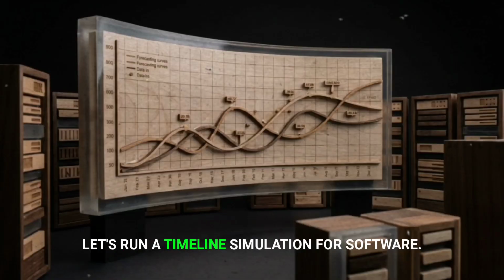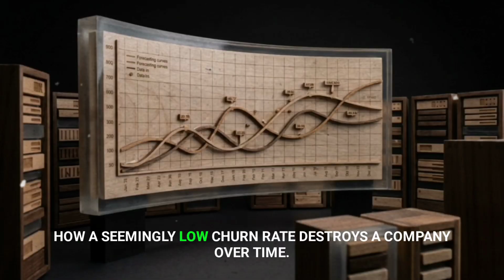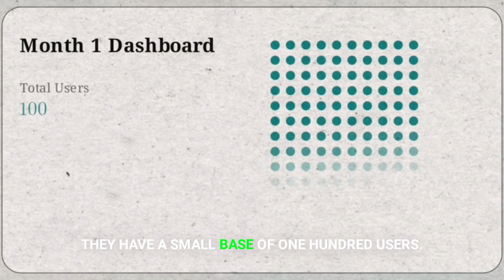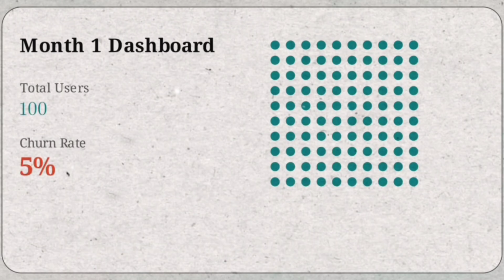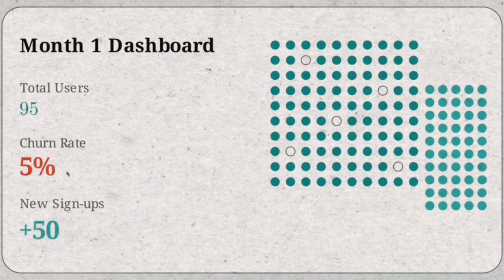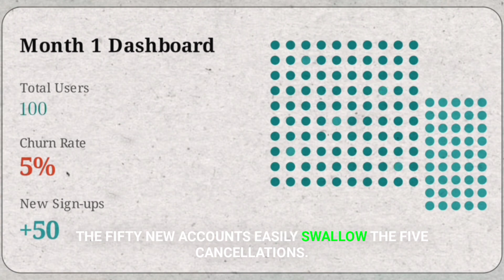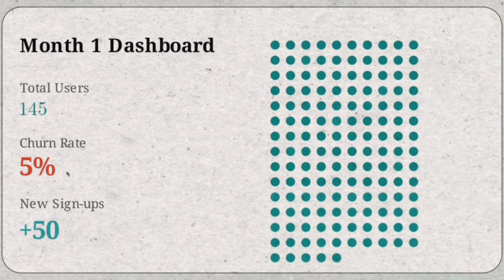Let's run a timeline simulation for Software X to see exactly how a seemingly low churn rate destroys a company over time. Here is their dashboard at month 1. They have a small base of 100 users, and their churn dial is set at 5%. 5% of 100 users means they lose a negligible 5 users that month, but their sales team easily brings in 50 new users. The 50 new accounts easily swallow the 5 cancellations, driving total users up to 145 and creating